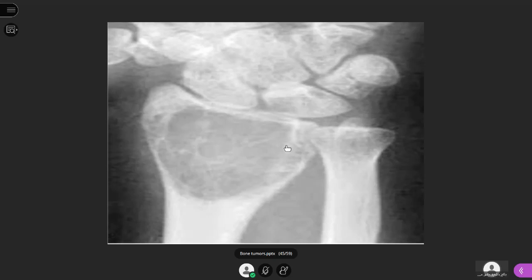So in the radius bone, there is a well-defined area of radiolucency without any calcification, without any fracture, and it is expanding the bone. See the epiphyses? Not visible. If the epiphyses are not visible, then that means the epiphyses have been fused. You are dealing with a patient whose age is more than 20 years. So in a patient more than 20 years, diagnosis will be giant cell tumor. However, the differential diagnosis of this bony lesion will include simple bone cyst and aneurysmal bone cyst.